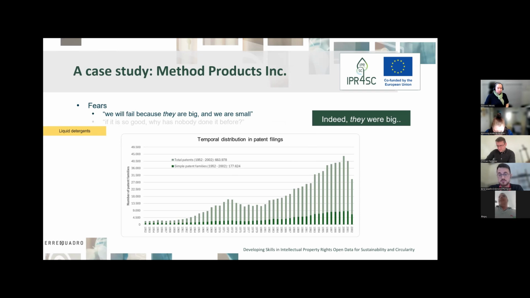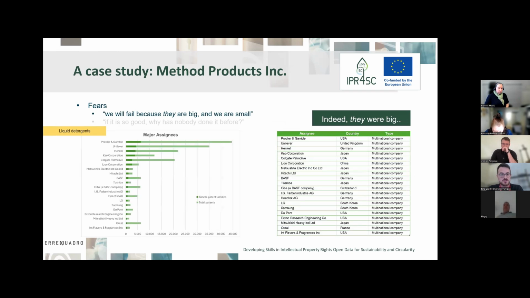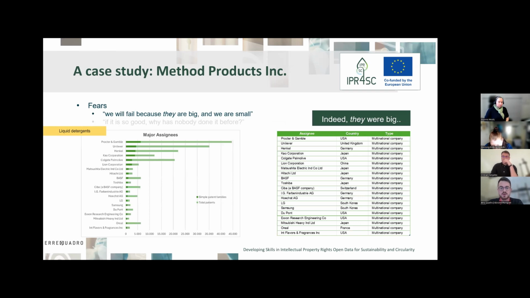Indeed, they were big, meaning the competition was very strong, and on the other side, method products was small. So they were right. If we look at this chart, we can also see that the big players are also big, multinational companies. So there's no chance that method products could